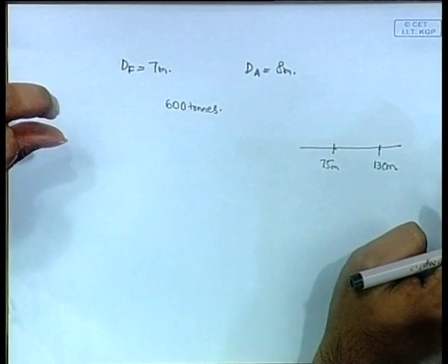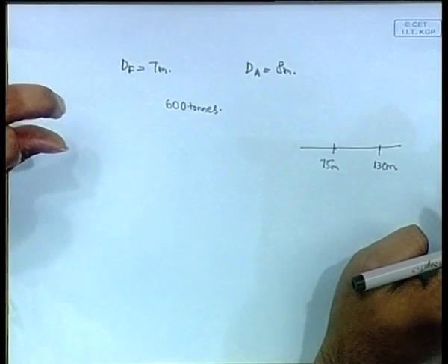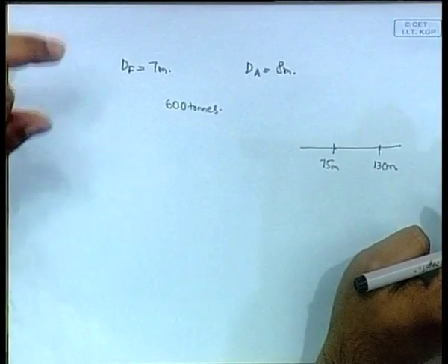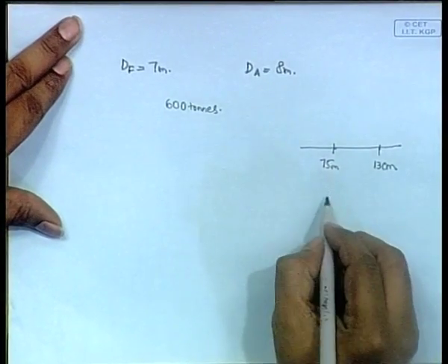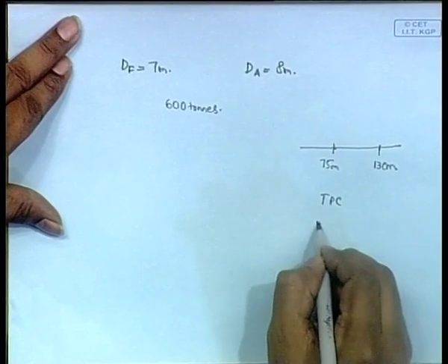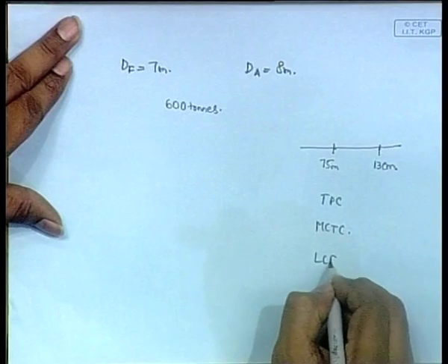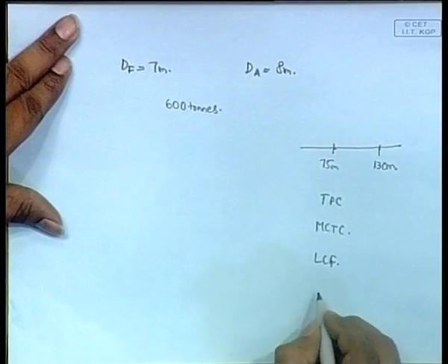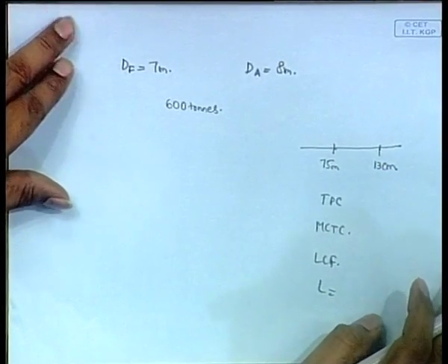And you are told that the draft aft should remain constant, it does not change. You are asked to find the final draft forward. You are given the TPC, MCTC, LCF and the length of the ship. So, you are given the TPC, MCTC, then LCF means position of the longitudinal center of flotation, and you are told that the length of the ship is so much. Okay. Now,